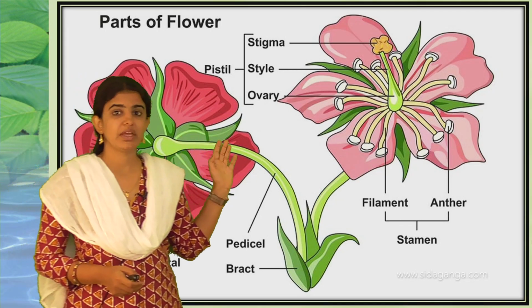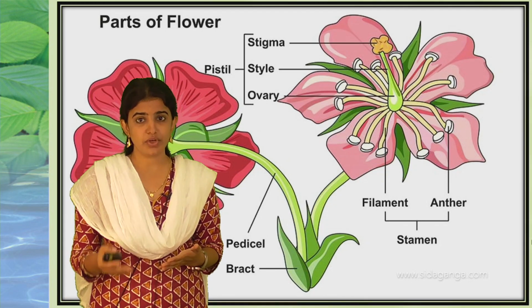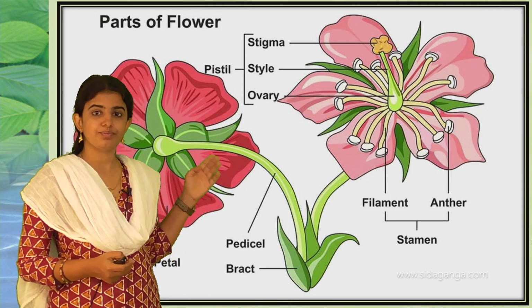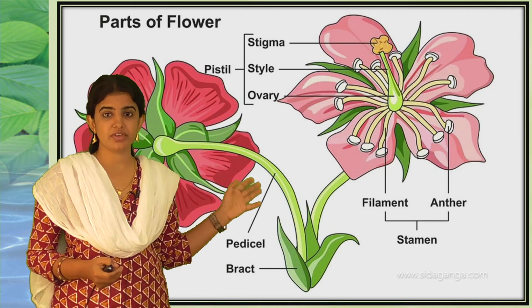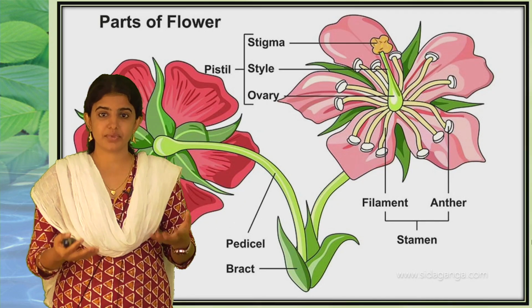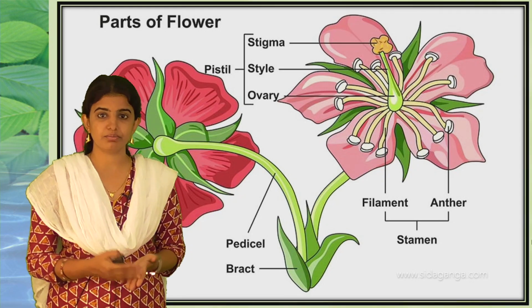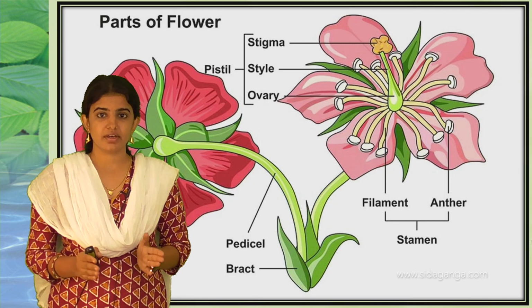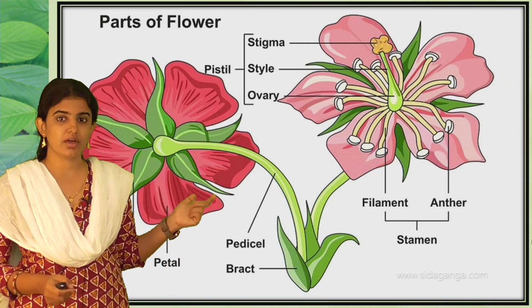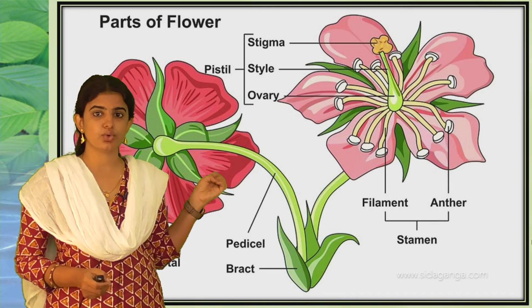Next one is the petal. See, petal is usually bright in color, which helps to attract the insects, and even human beings and animals are attracted to this flower. Honeybees or different types of insects visit each flower and suck the nectar from the flower, which is used by these insects as food. And some insects will store the nectar in a comb-like structure called a honeycomb. Usually the honeybee will construct the honeycomb, and the nectar is stored as honey.